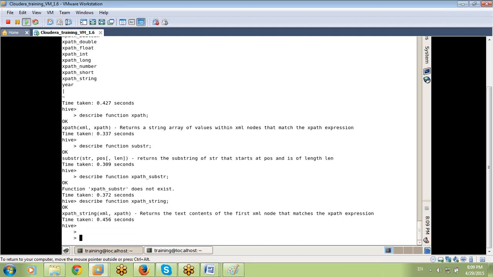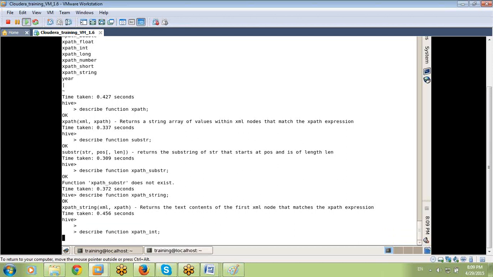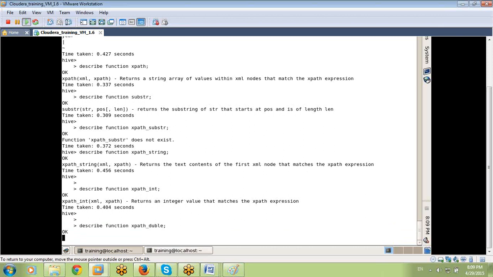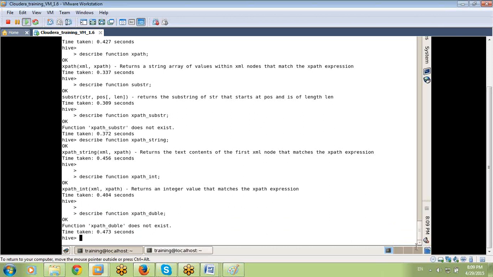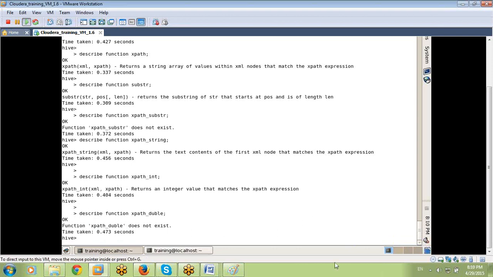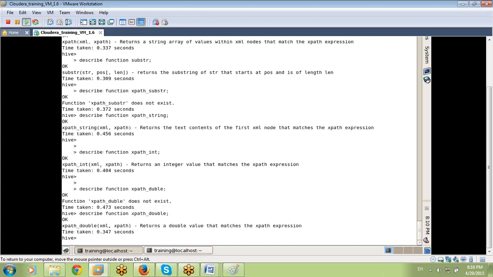If I go ahead with the integer, it simply returns integer format. If I go with the double format, it does not exist, one second. Yeah, double spelling mistake. It returns a double value. That is the syntax.